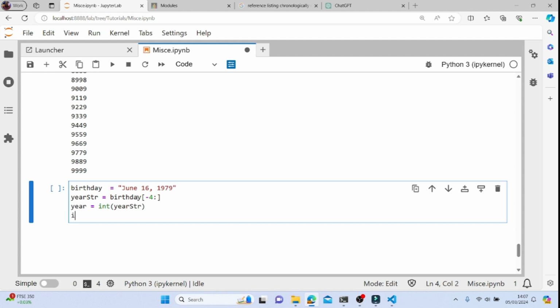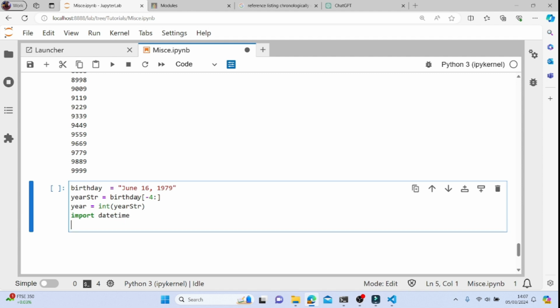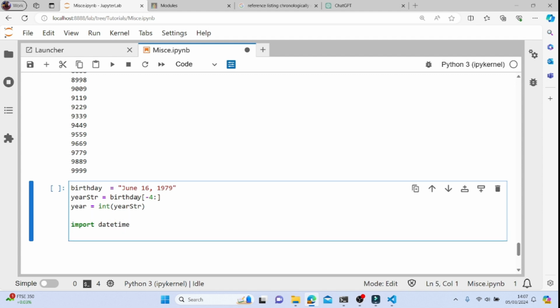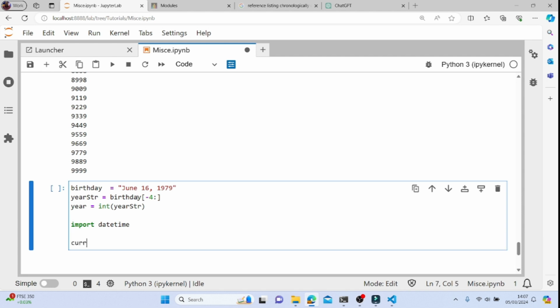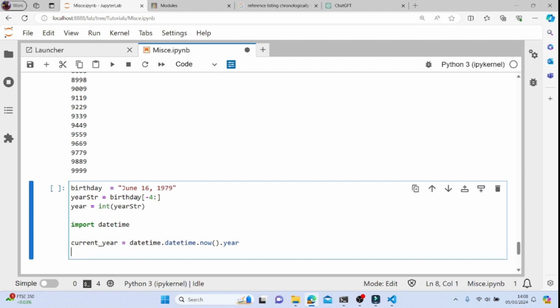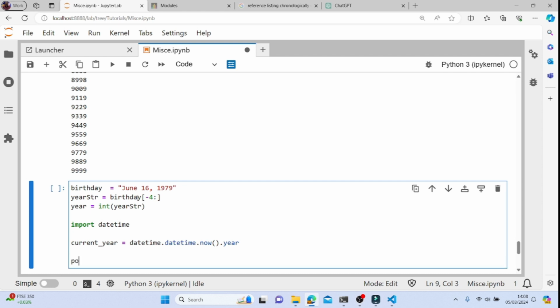So now I want to use this import datetime. This imports a module called datetime, and we can now get the current year that we are in now, which is datetime.now, and we extract the year from it. So this extracts the year from the date, the current day we are in, and we want to see what's the difference between this current year and the year that the user was born, so that we know the age of the user. We can say print